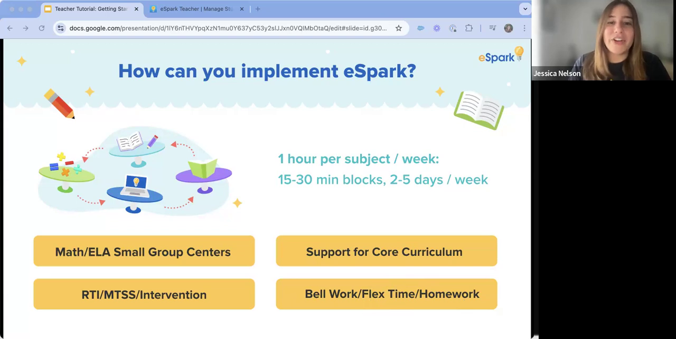Finally, you can think about whether you want students to work on their adaptive learning path or assignments or both. We recommend that students use eSpark for about 1 hour per subject per week, and this can be in 15, 20, or 30-minute sessions. Feel free to customize eSpark time for what works